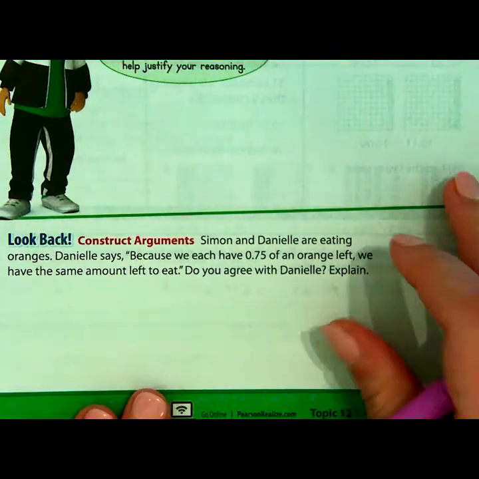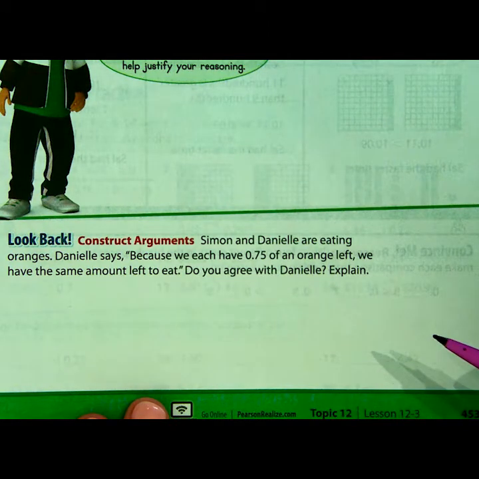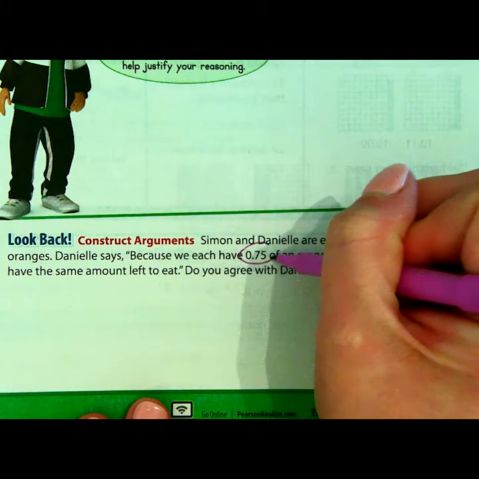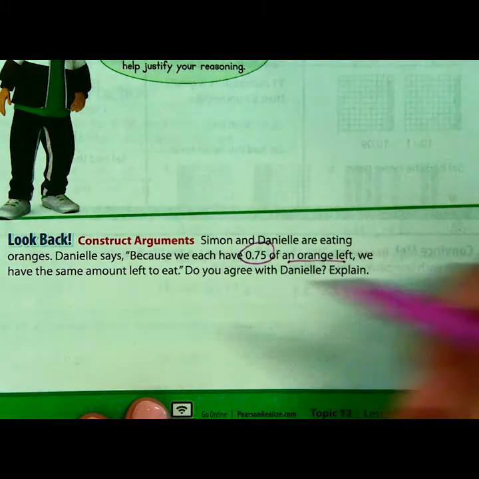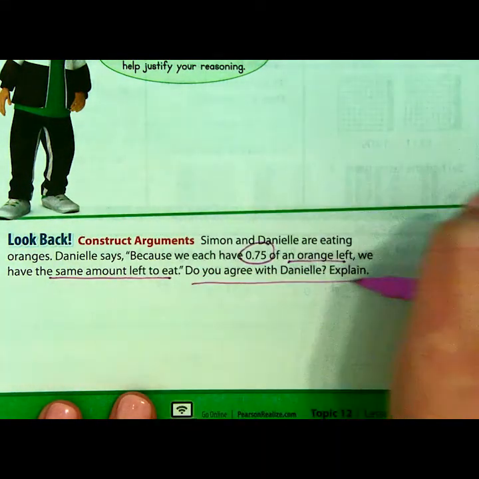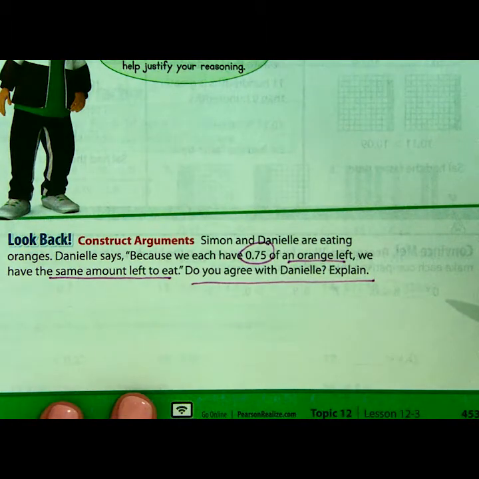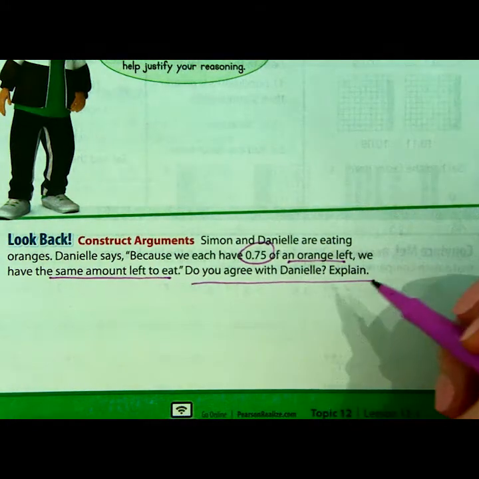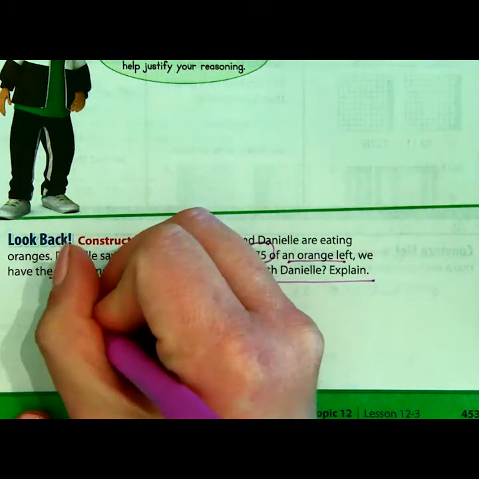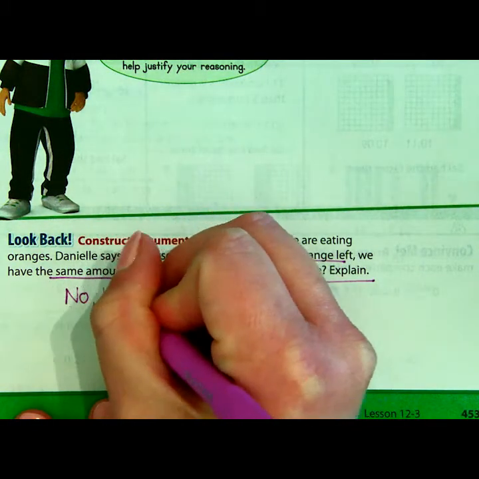Let's look at this example on the bottom here. Simon and Danielle are eating oranges. Danielle says, because we each have 75 hundredths of an orange left, we have the same amount left to eat. Do you agree with Danielle? Explain. This question is kind of weird to me. It's kind of tricky. But basically we would say no, because